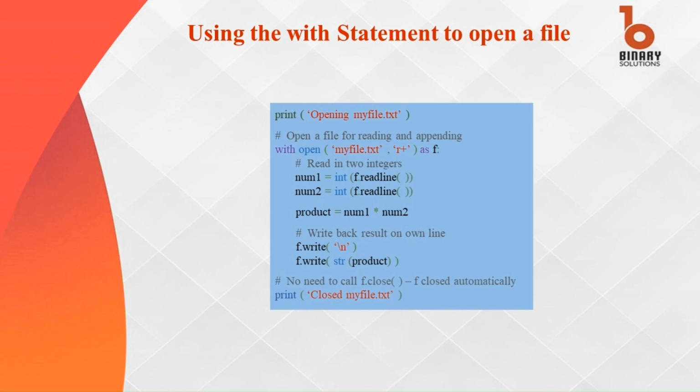In this example, the program first prints opening myfile.txt to indicate that it is about to open the file. Using the with statement, it opens myfile.txt in read and append mode, assigning the file object to f. The with statement ensures that the file is automatically closed when the block is finished. Inside the block, the program reads two integers from the file using the readline method and stores them in the variables num1 and num2. These integers are then